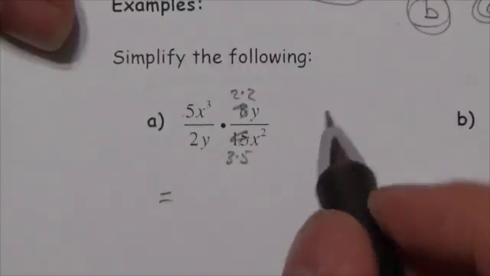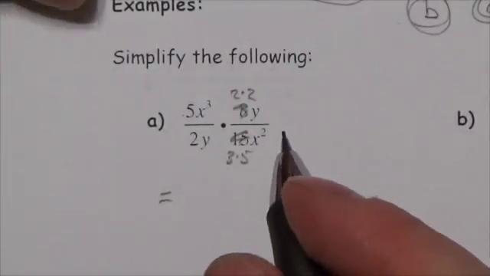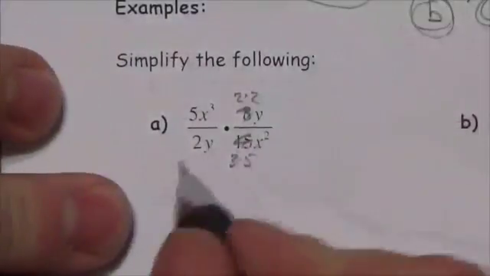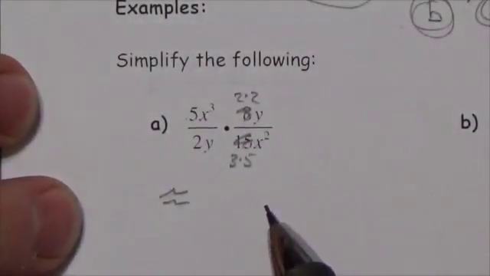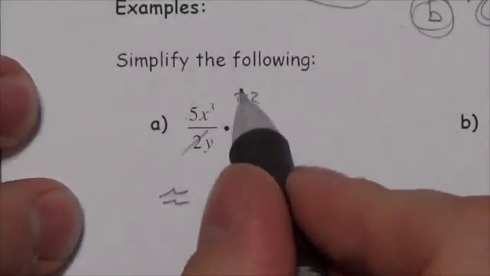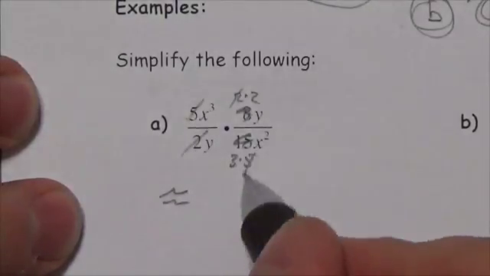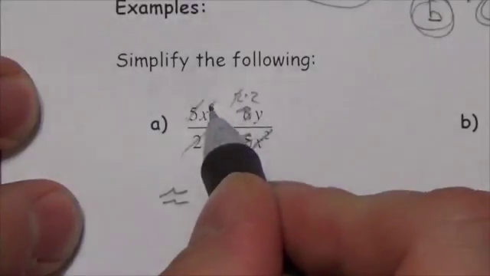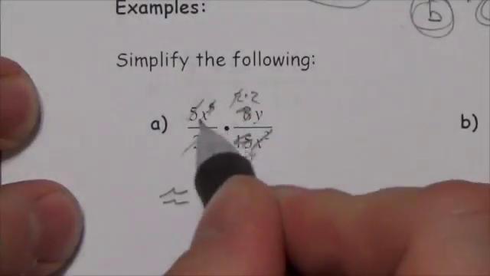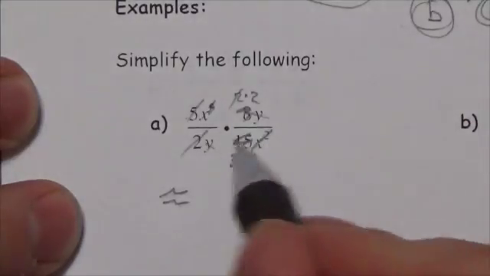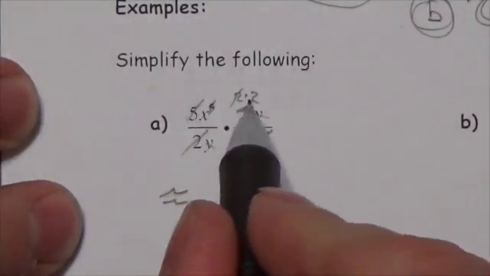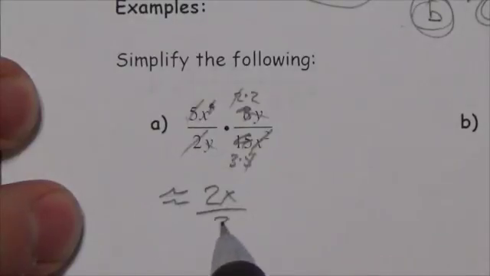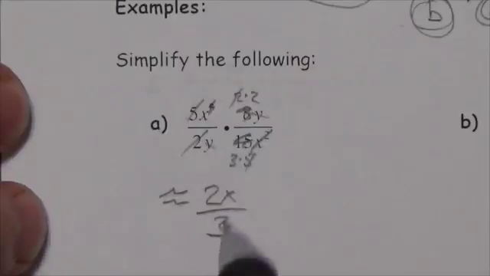And so what's going to happen here is, actually I should do it like this. I should write, I've been doing this consistently thus far, make this equivalent first of all. One of the 2's is going to cancel, and then one of the 5's is going to cancel. I've got 3 x's in the numerator, 2 in the denominator, so 2 of them will cancel. I'll still be left with a 1 in the numerator, and then the 2 y's will cancel. And so I'll be left with x times 2, or 2x, over, well, in the denominator all I've got left is a 3. Now, these 2 are equivalent